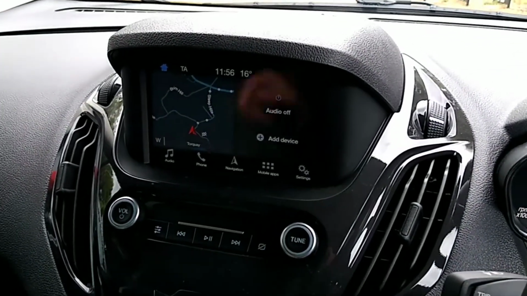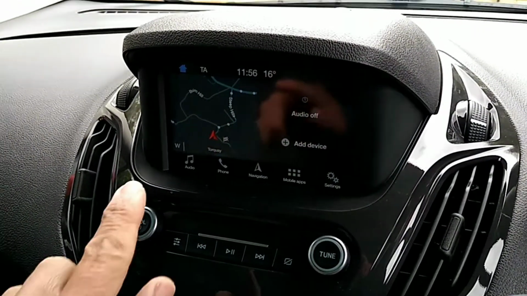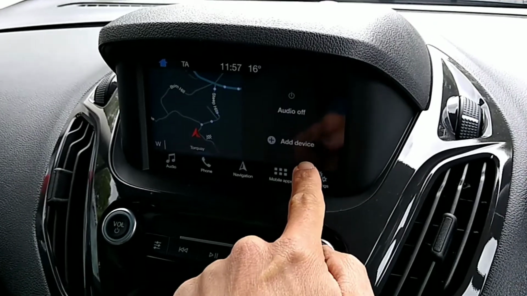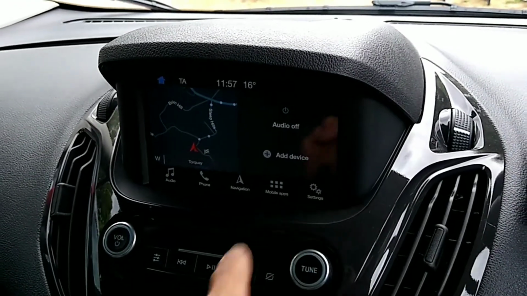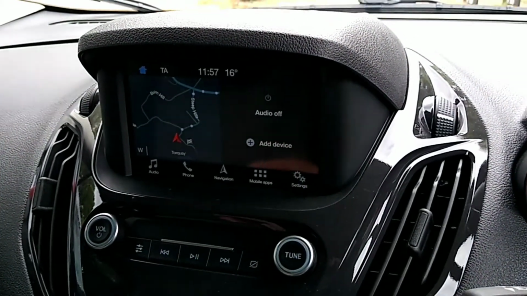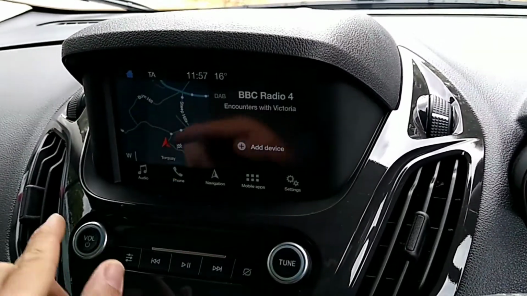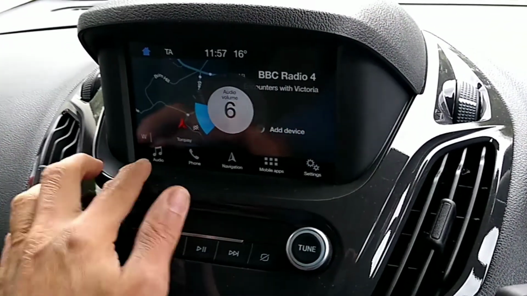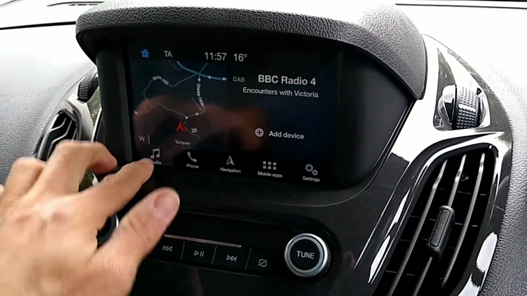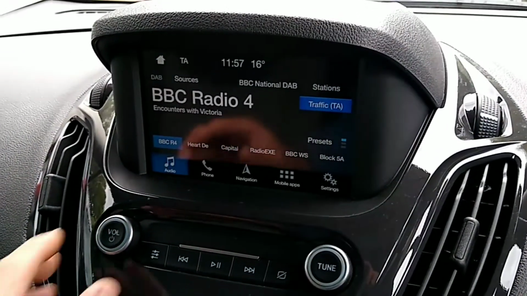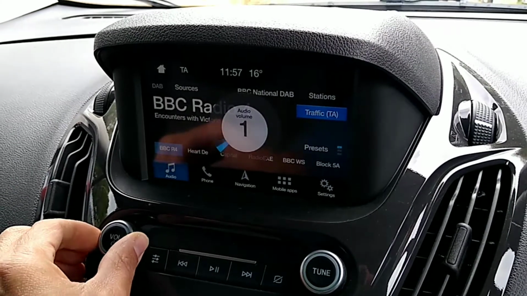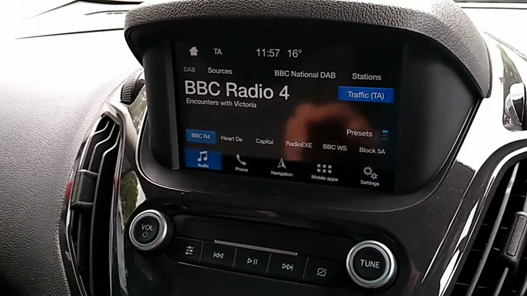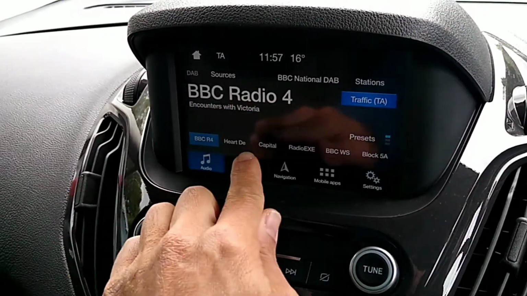So this is the default home screen where you have the sat-nav on the left, the radio display up there and your phone stuff if you've got one connected down there. If you go into the audio, it obviously turns the radio on to start with. If I press audio, I can get a full screen view of the radio. So we're on the DAB radio at the moment, and we've got some presets I've programmed